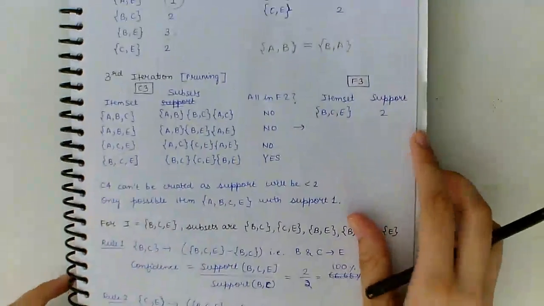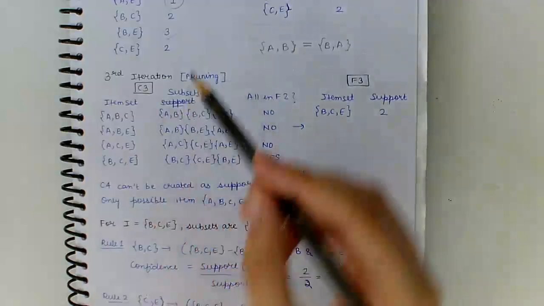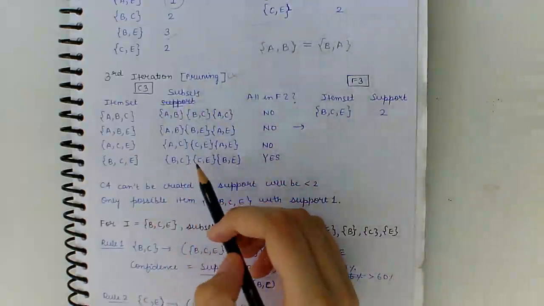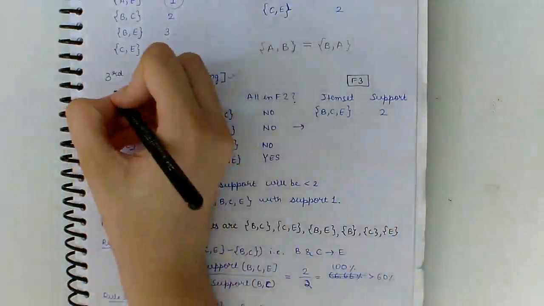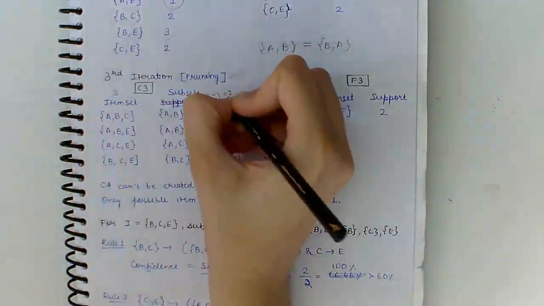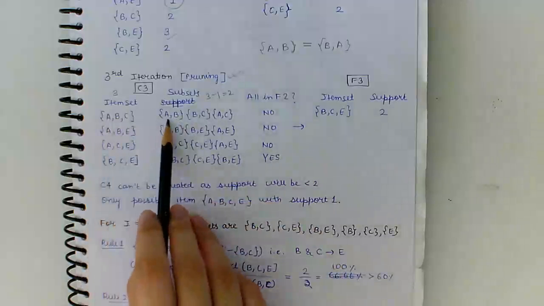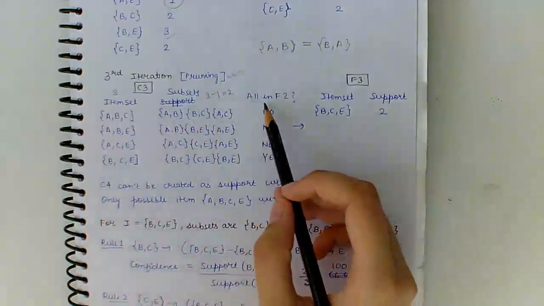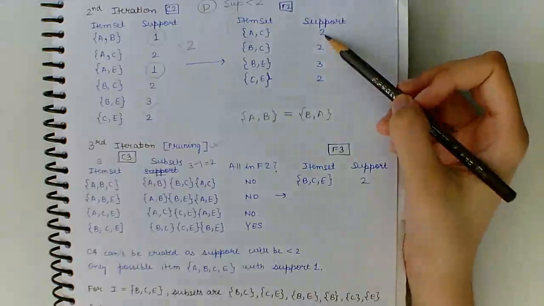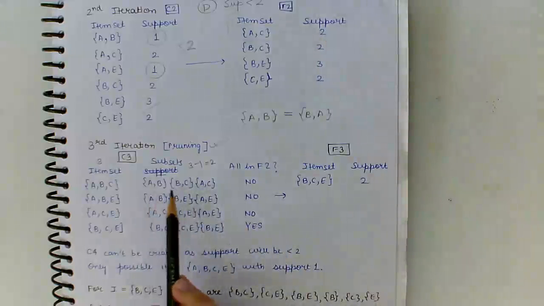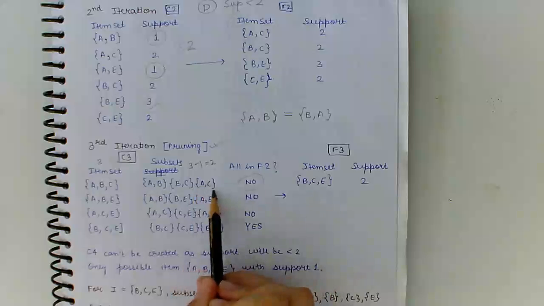But we haven't taken into consideration the values we omitted in the second iteration above. So we do the step called pruning. We generate all the subsets which can be generated from the item set of size 3, that is, 3 minus 1, subsets of length 2. So for ABC we have AB, BC and AC. We check if all of them are in F2. So this is F2, and we check that AB is not in F2, so we write no.